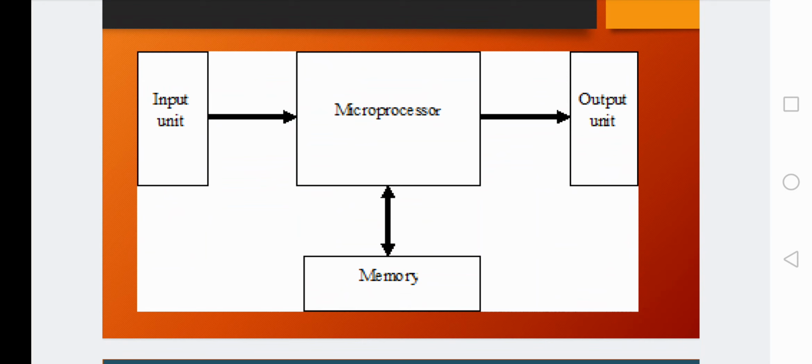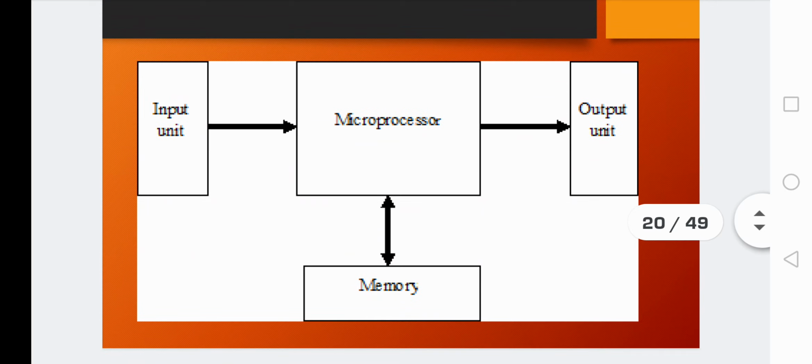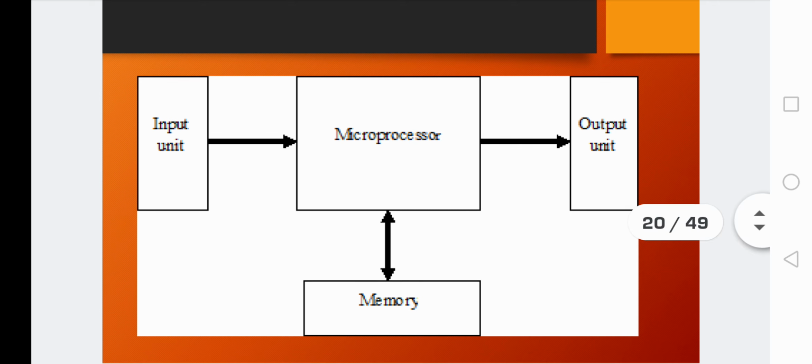It doesn't have any memory of its own, it does not have an IO provision of its own, and it does not have a timer or counter provision of its own. Whatever it has to perform, it needs the support of external units present just outside it. That is, an input device has to be provided externally, an output unit has to be provided externally, as well as memory. Some other external devices can also be connected, like timers, counters, control units, and so on. Such devices have to be connected externally to the microprocessor, and only then can it perform its task. It does not have memory or input output provision of its own. Everything is not present within this microprocessor.